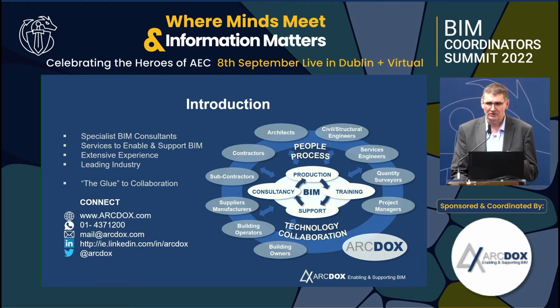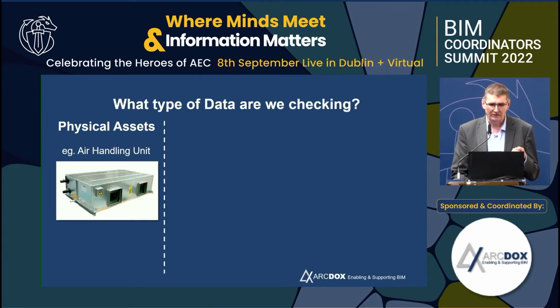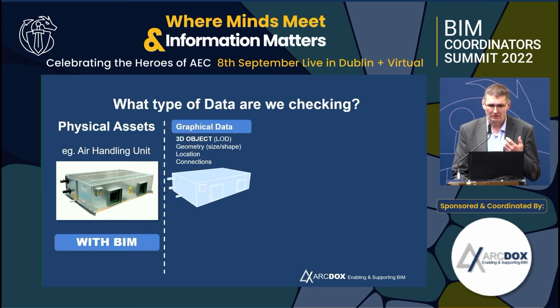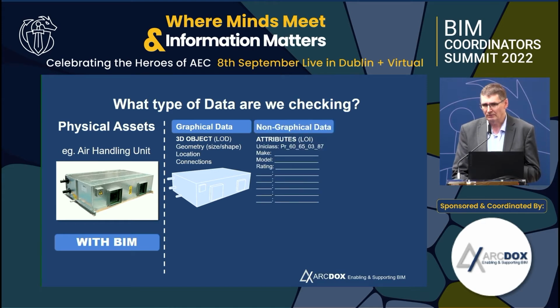I just want to say, in terms of data, because we're talking about data governance, that when we're talking about the types of data that we need to check, we really need to keep in mind that there are different types of data. And when we talk about that in a BIM setting, we're really talking about graphical data. This is what most people see as data when we talk about BIM and models: the graphical representation of the objects that go into our building. But we're also talking about non-graphical data, and that's probably the more challenging thing to understand and to get right and to specify and to check